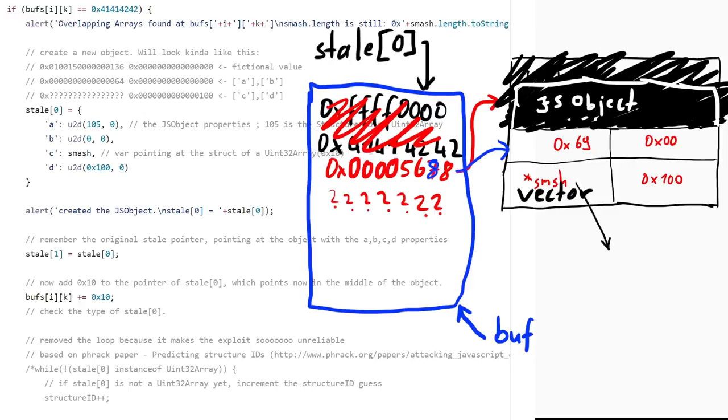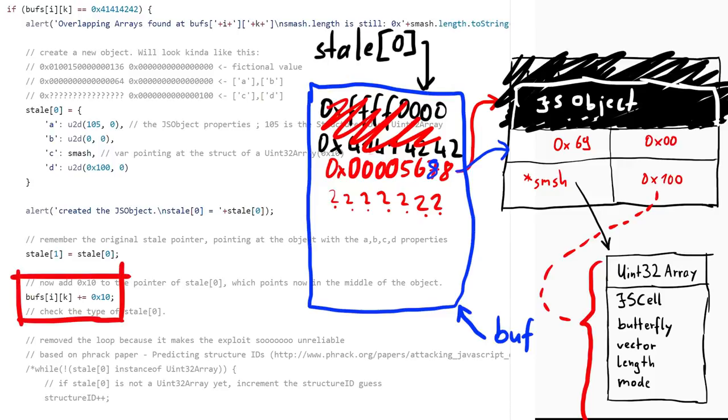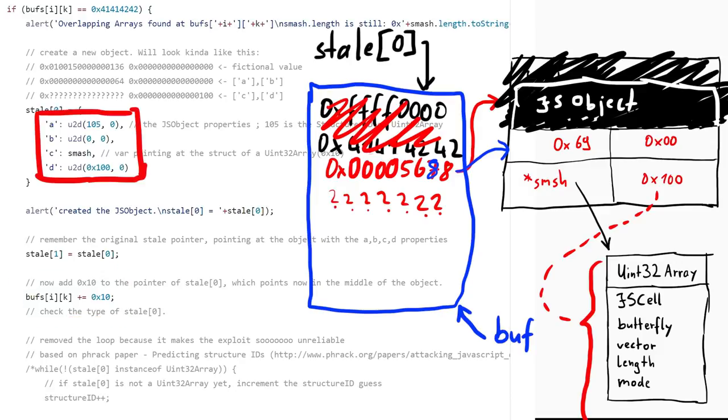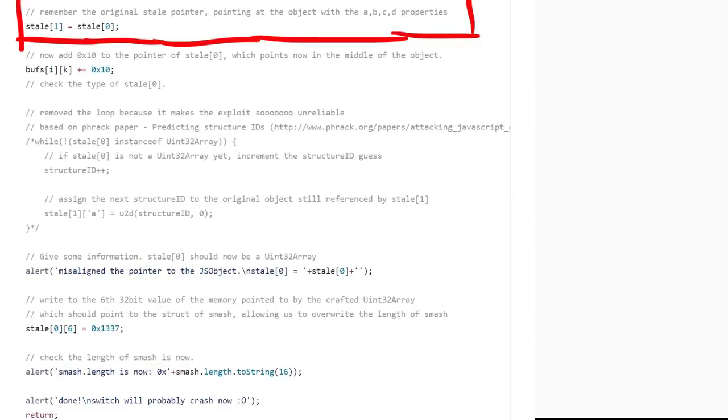To be clear, this points into the similar struct of that array, so this doesn't point into the memory location of that smash array, but also into this JS object struct with its vector, pointer, and its length. And hex 100 is the length of that array, which is actually just the object structure of the smash array. So now you know how we can misalign the pointer to this object, which will interpret the properties here as the actual object. We remember the original stale 0